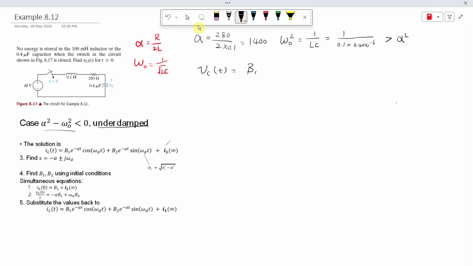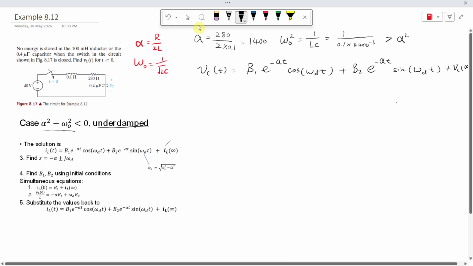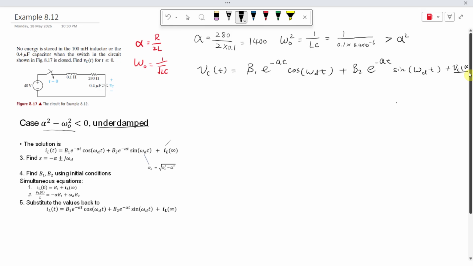Then we copy down almost everything: B1 e to the negative alpha t cosine omega d t plus B2 e to the negative alpha t sine omega d t. And we also need to include, sorry, it's not i here, so it's VC infinite. Okay, we're including the infinite value here. And then we're going to find